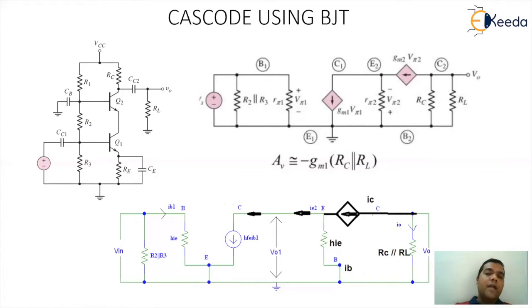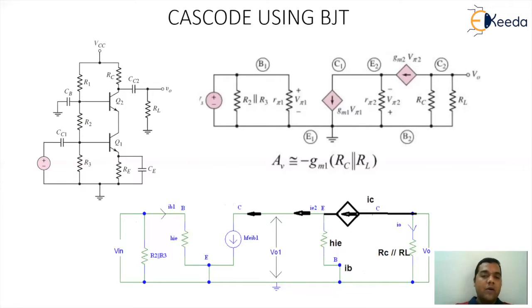So now when you get the voltage gain of this entire circuitry, it will be approximately equal to minus gm into RC parallel RL. So if you observe, this gain is as good as the gain of a single stage BJT, which is as good as a high gain. So the biggest advantage that we get here, in the concept of cascade, is that we are able to go for an increment in bandwidth due to the effect of Miller.